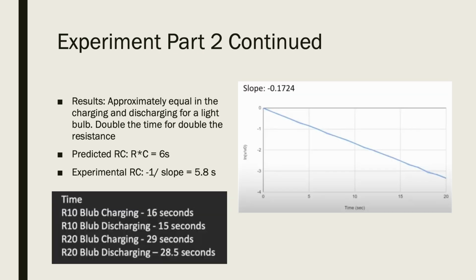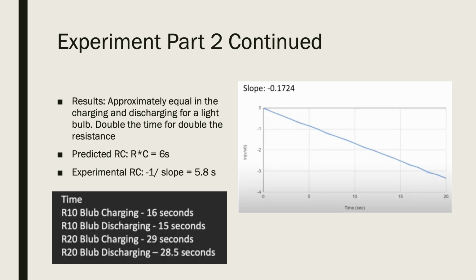From the previous slide, I was able to see that the charging and discharging times were approximately 16 and 15 seconds. The charging and discharging times for the 20 ohm bulb were about 29 and 28.5 seconds, which shows that the charging and discharging times were about equal, but the time doubled when I doubled the resistance. So from this, I was able to plot the change in voltage on a graph every 20 seconds,